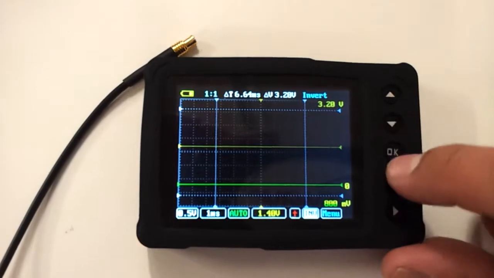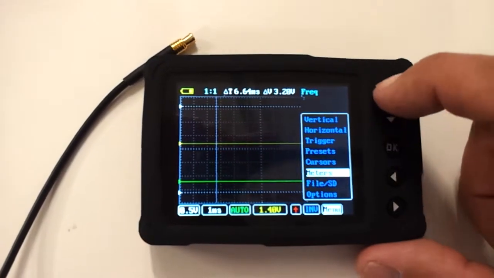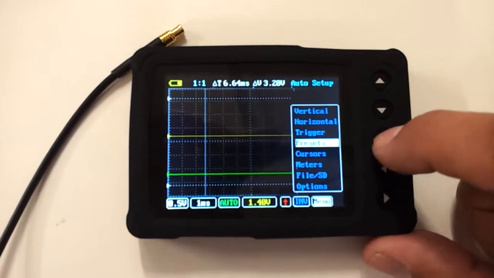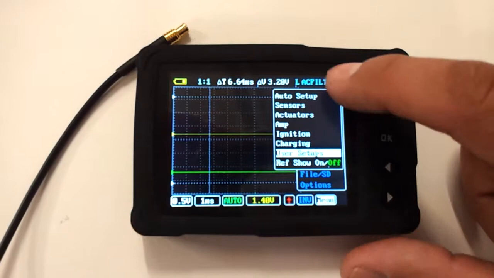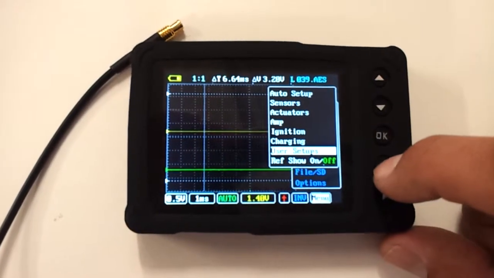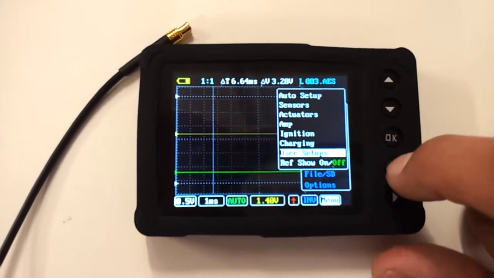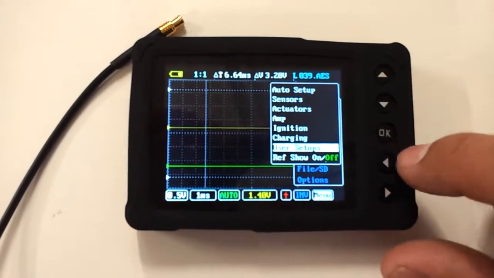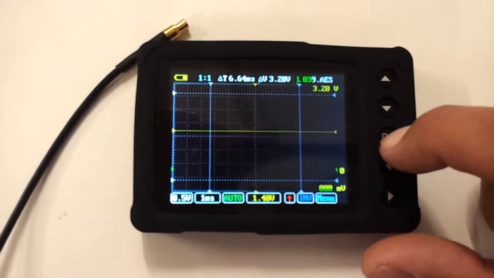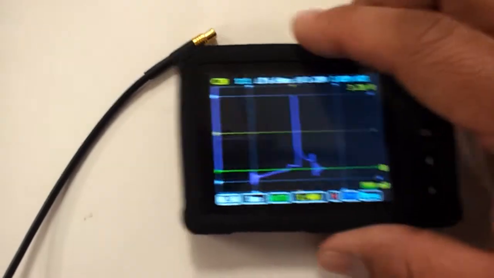And I'm going to go ahead and recall it by going over to my menu. I'll go up to presets, hit OK, go down to user setups, and if you notice here, if you go left and right, this is where all your files that you saved will be at. So for this example, we saved it under 039.AES. I'm going to press and hold the OK button until it loads, and there's my reference waveform. Now if I plug the scope back in,